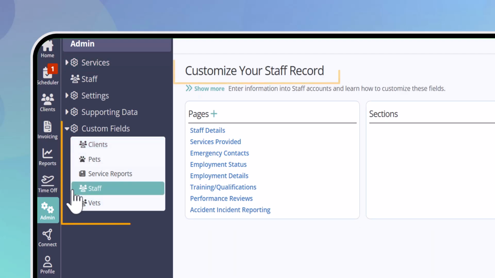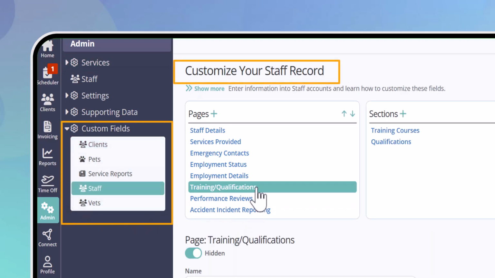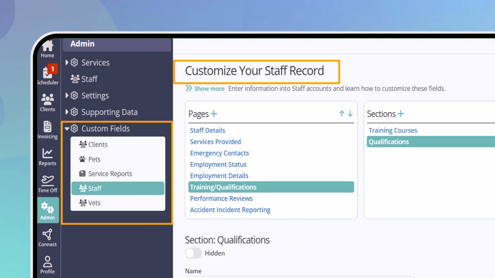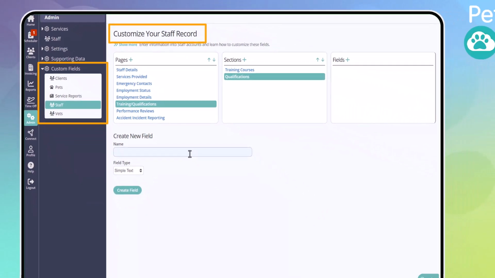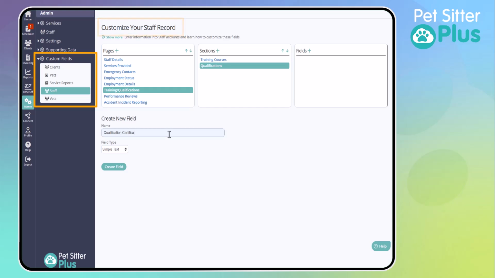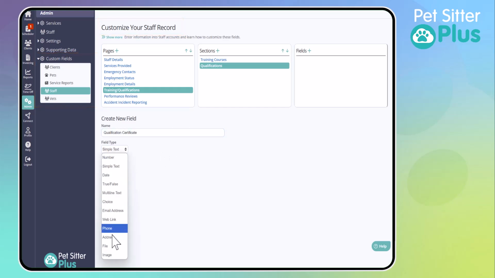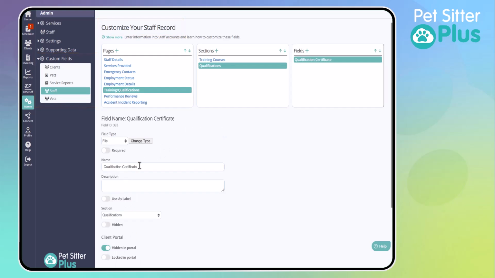One of the key benefits of PetSitter Plus is its complete customizability using custom fields. We will cover this in more detail in another video, or you can read the help article linked in the comments below. Custom fields allow you to add or edit any fields within your database, ensuring you obtain the necessary